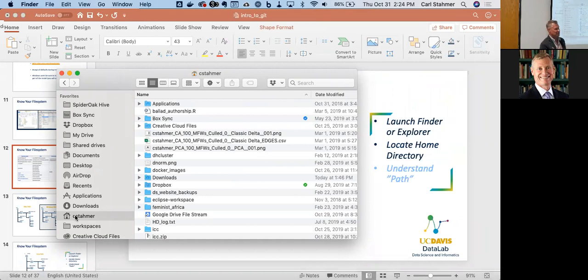Who's a Windows user? Is there another easy way in Explorer to get to your home directory? Does it show up in your left menu somewhere, Arthur? No, I don't think so, right? Yeah. You have to start with your C drive, go to users, go to your name, okay? Yes, then you can bookmark it and bring it in there, which you may or may not need to do